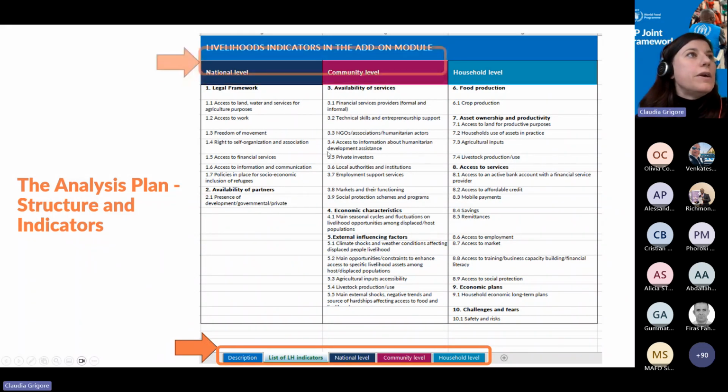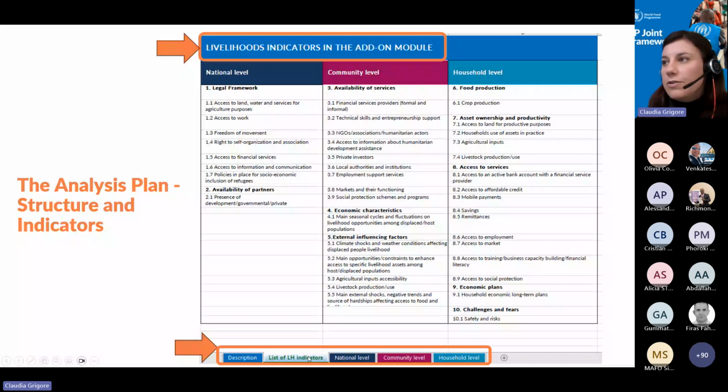Now here on this page, you have all the information containing the list of livelihoods indicators tab. And we wanted to expand a little bit on this part to tell you about the topics that it contains, so the topics that the livelihoods add-on module covers. Very briefly, we're not going to go through all of them in detail, but as you can see